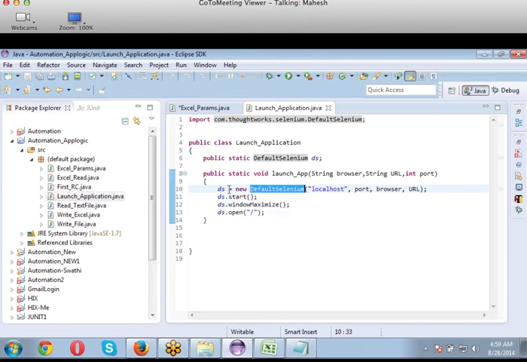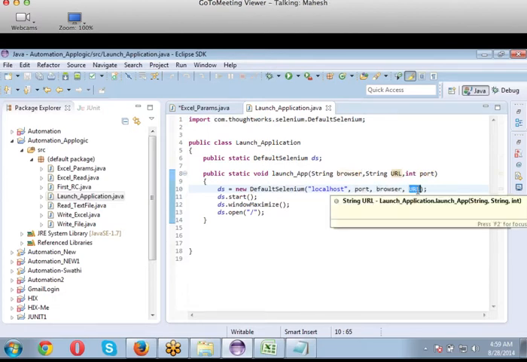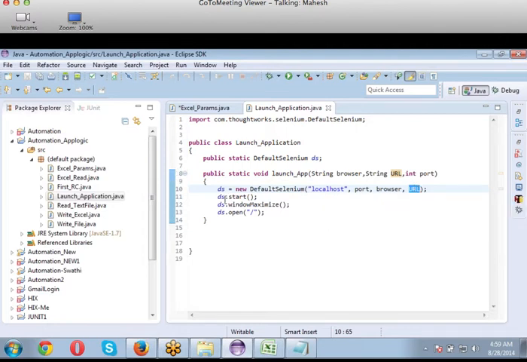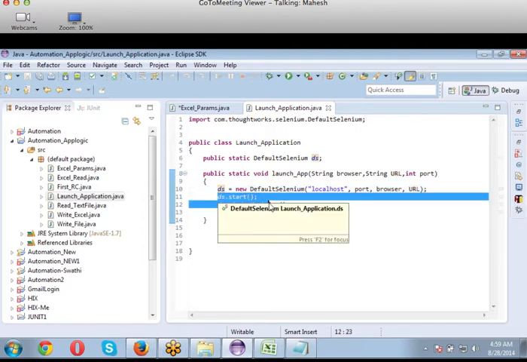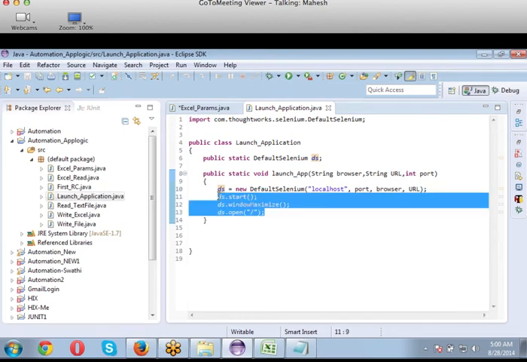As I told you, anything that comes before the equals sign is a class, and what comes after is a method. So default Selenium is a method which takes four different parameters. The default nature is four parameters, right? Among which I have replaced my values like port number, browser, and URL. I want to give different port numbers, different browser names and different URLs. That's the reason I parameterized them, or created arguments. These are the methods which are by default usable for opening a browser and a URL.